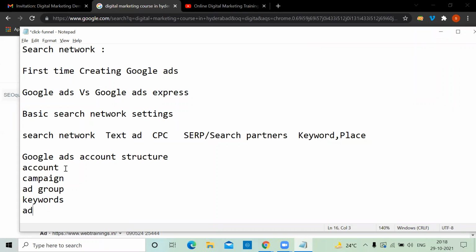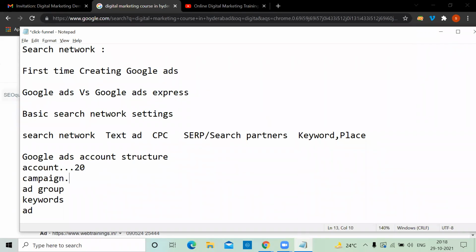Account is nothing but your Gmail account. With one Gmail account, 20 ads accounts you can create, like client 1, client 2, client 3. If it is more than 20 clients, then you can take an MCC account or Google Ads Manager account. Multiple clients you can manage. This is good for agencies. If you are a student or a small business owner, it is not required.